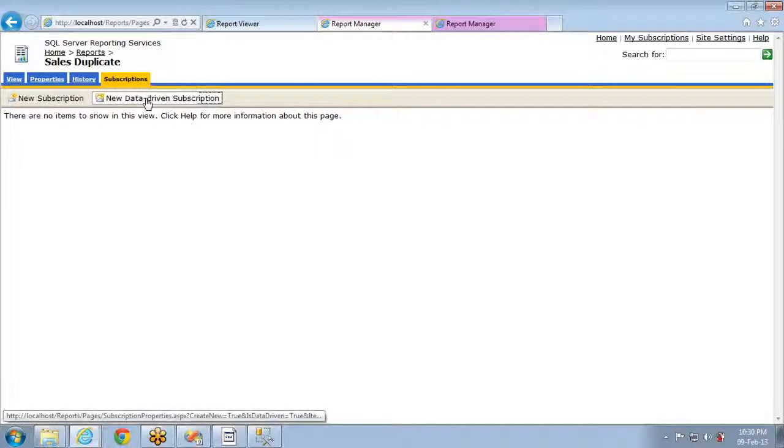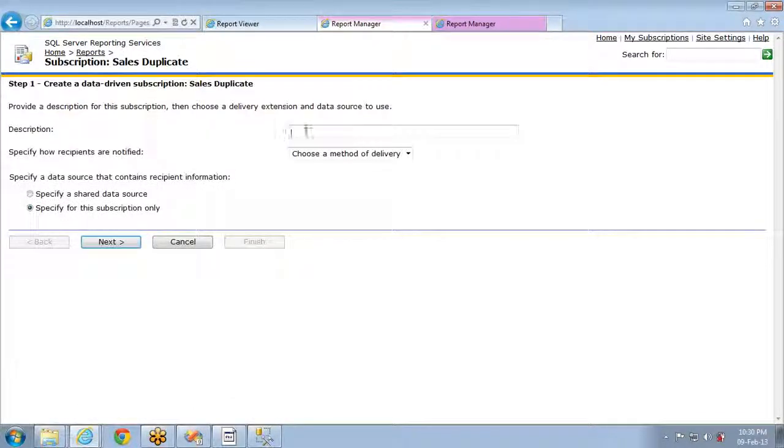Now if I go to the subscriptions and select the data driven subscription, it will work just like the last one for everything. And this null delivery provider, that means Windows file share you know very well. That means it will be copied to a Windows folder, and email will be emailed. The null delivery provider means it will create a snapshot. It won't copy to the Windows file share, and it will not email. It will take a snapshot. That's it. This is one advantage you have. You can use data driven subscriptions to create snapshots by selecting the null delivery provider.